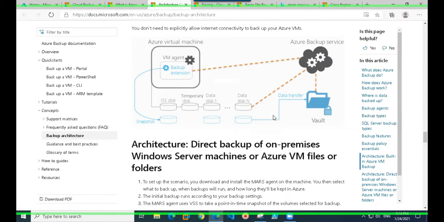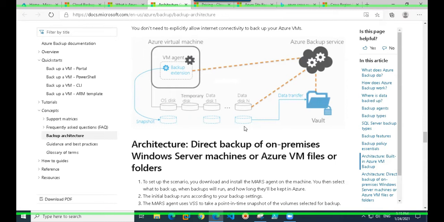However, you would have that snapshot, and in any case, in between, if you need to restore that machine, you can restore it. That term we call instant restore, where your machine would be restored using the snapshot which is there in the same storage account.